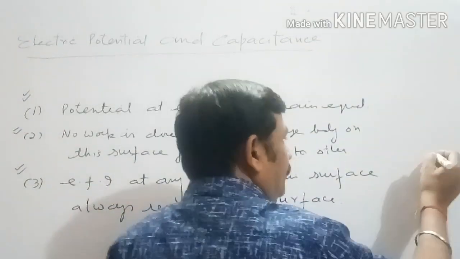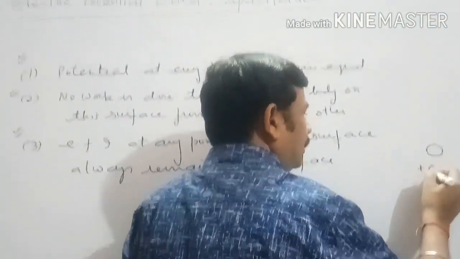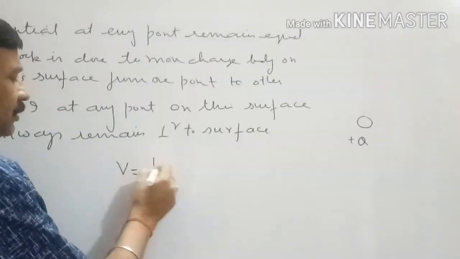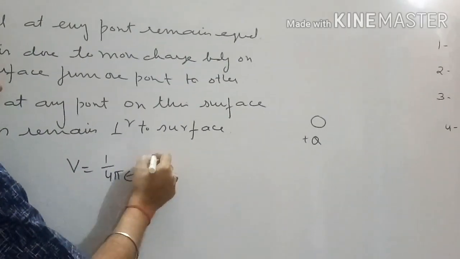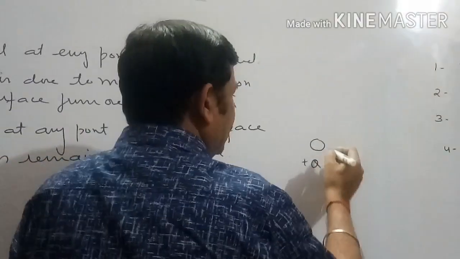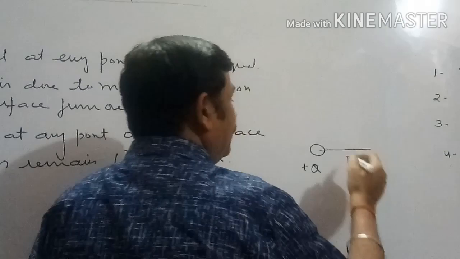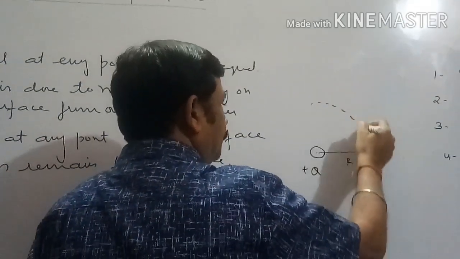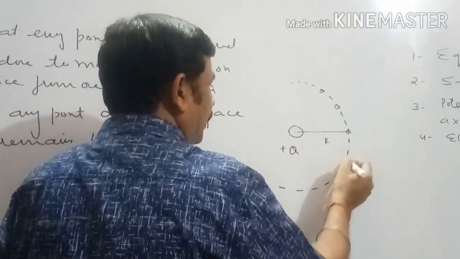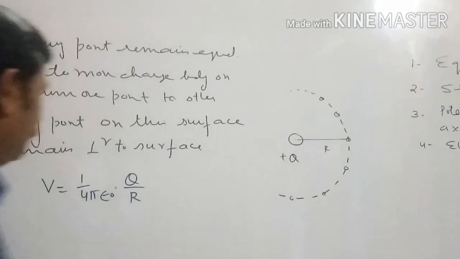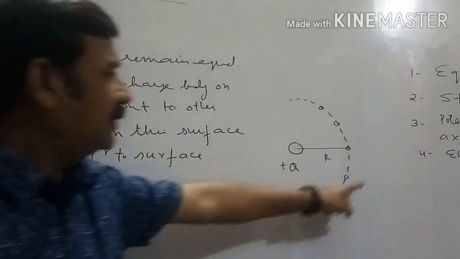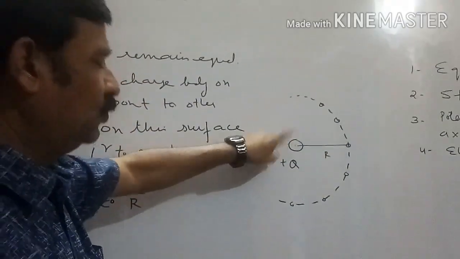Suppose we have taken a source charge Q, and as we know, the potential developed by this source charge at any point is calculated by the formula V is equal to 1 upon 4 pi epsilon naught Q by r. So, assuming a sphere of radius r keeping the source charge as center, everywhere the potential value will be 1 upon 4 pi epsilon naught Q by r, because all these points are at distance r from the source charge body.